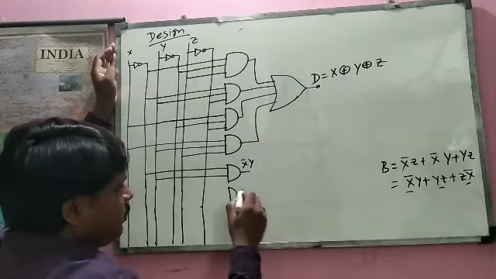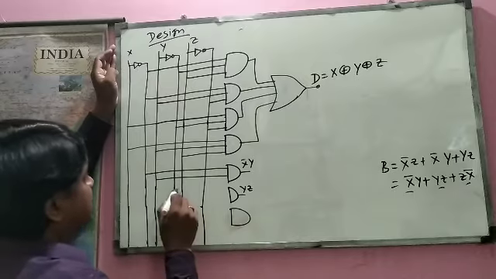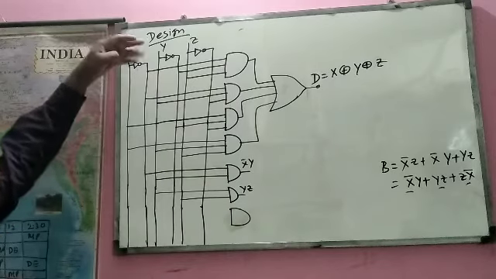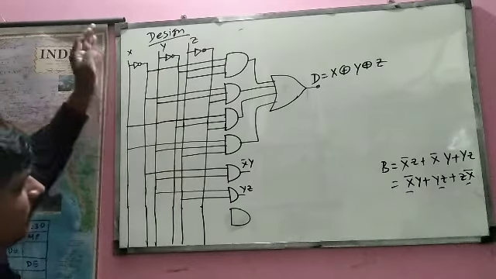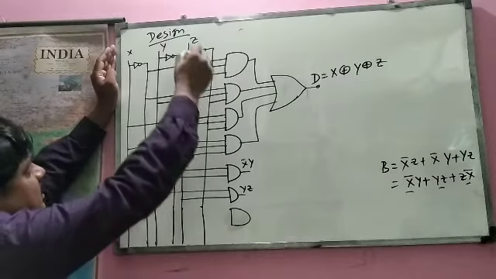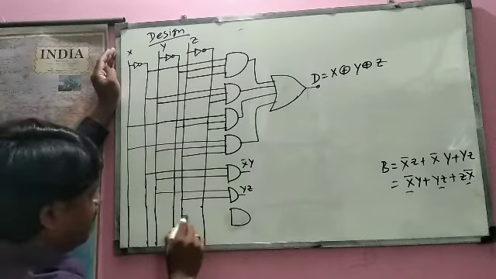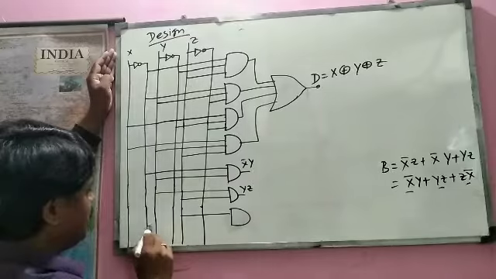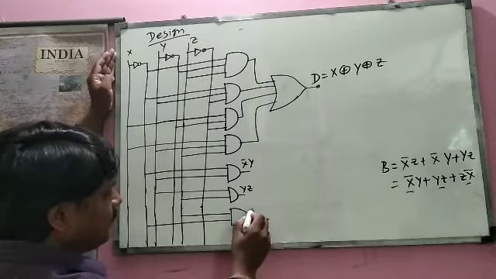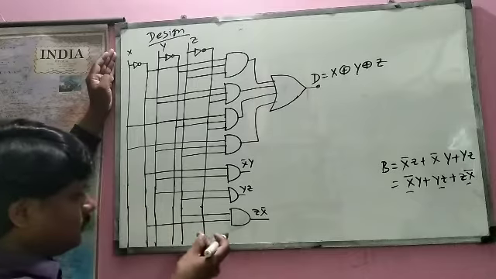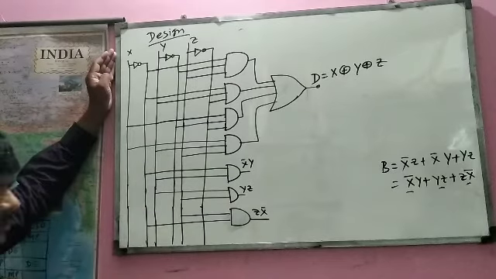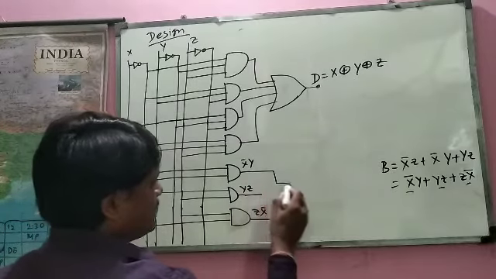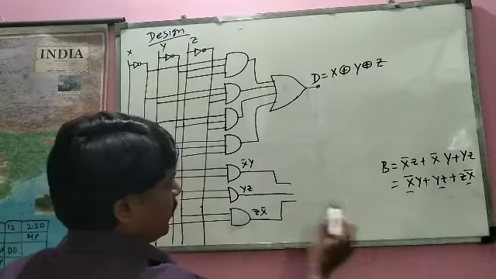And what is this? This is yz. That is very simple. This is y and this is z. You will have to take z from here. So what is x bar? This is x and this is x bar. So join it from here. So it is zx bar. Okay, now we'll add all these things together.